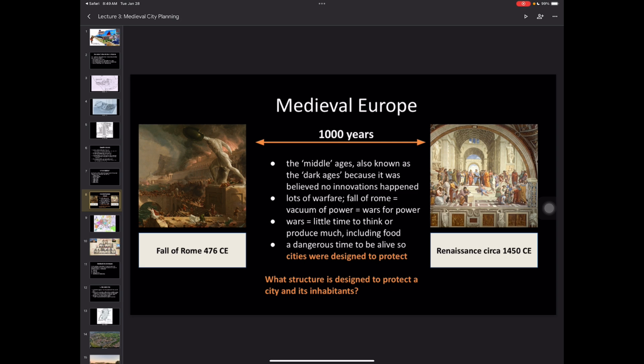So we have the fall of Rome around 500 CE, right? And remember that that fell because they were invaded and they had a very weak structure at that point. They had spread too thin. And then eventually we get a Renaissance in around the years 1450, 1500 or so, right? So in between we do have 1,000 years, and that is why we call them the Middle Ages, because they're in between the old or the ancient era and then what we call the beginning of our modern era, right?